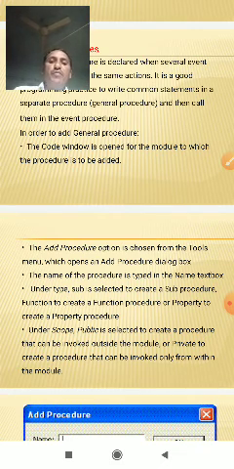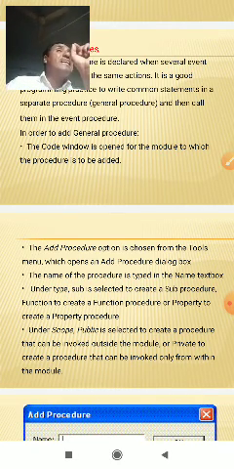The name of the procedure is typed in the Name text box.